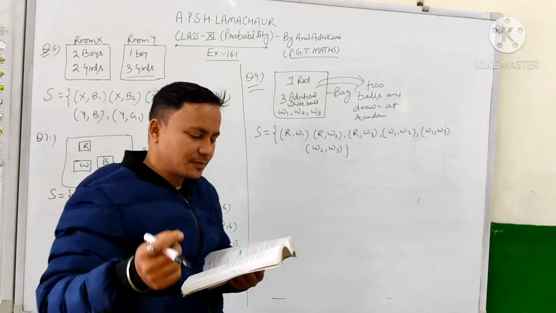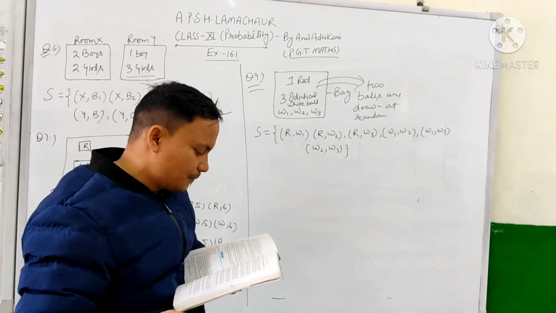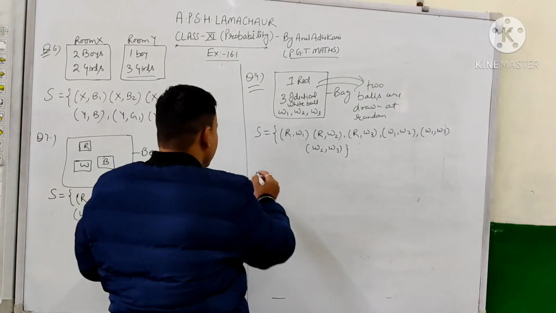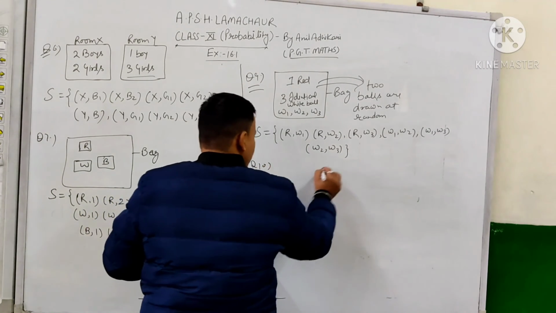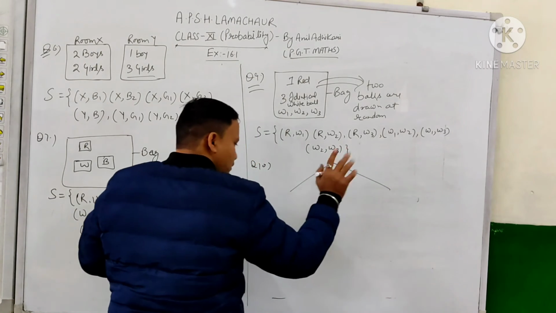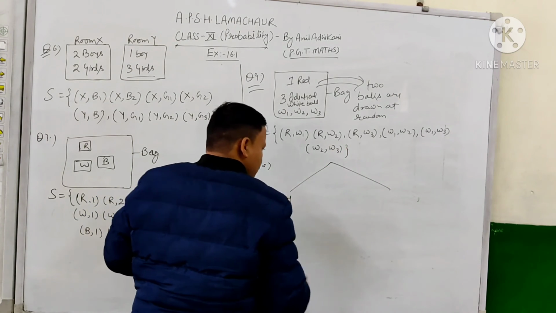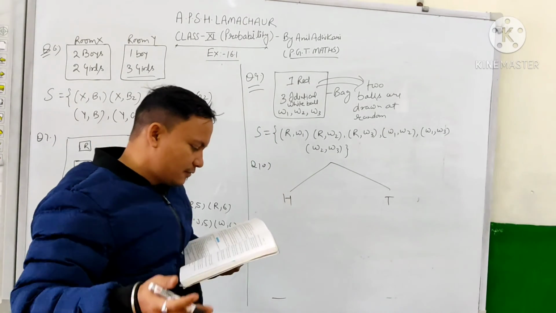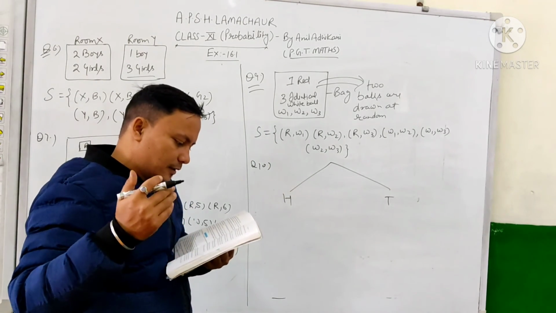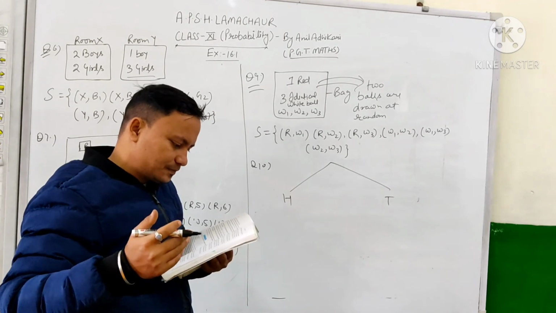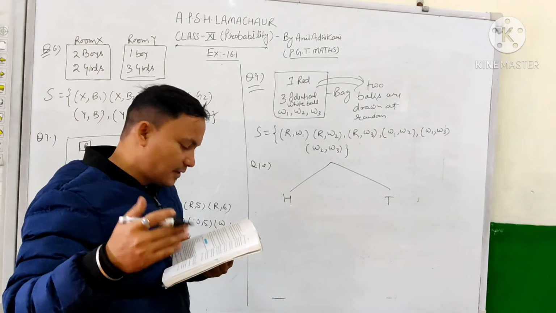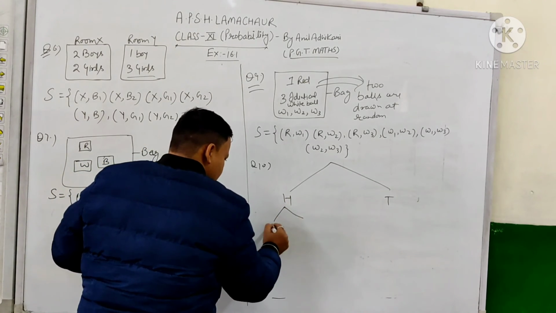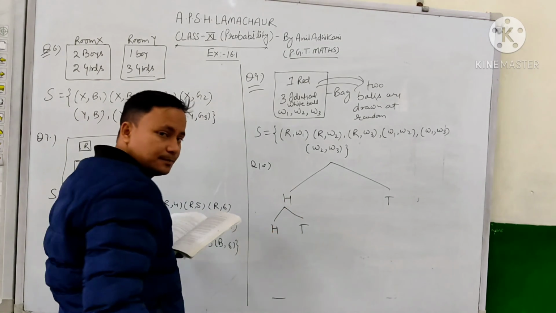So, what is the experiment? Let me make you understand. An experiment consisting of tossing a coin. So first we are tossing a coin here. So beta, if we are tossing a coin, then there are only two possibilities. Either it will turn into a head or it will turn into a tail. This is the first case. Now further, if the coin is thrown a second time if a head occurs, if the coin is showing a head, then toss it again, then again we will get head and tail.